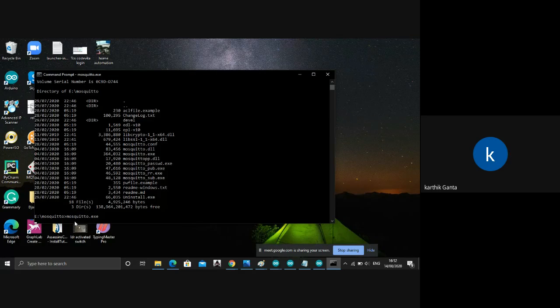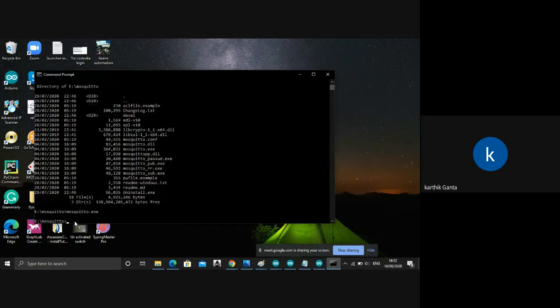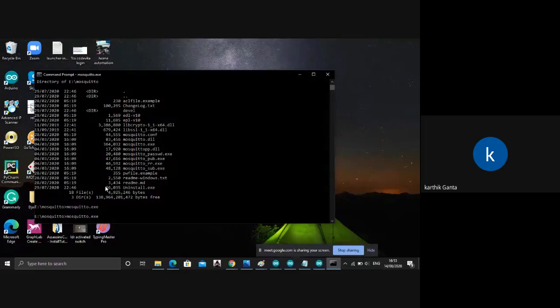To break the server, meaning to come out of the server, just press Control C. Don't close the prompt without pressing Control C. Otherwise the server will stay on, it will take some random values, and it will overload your system, which is not good. Now my server is on.